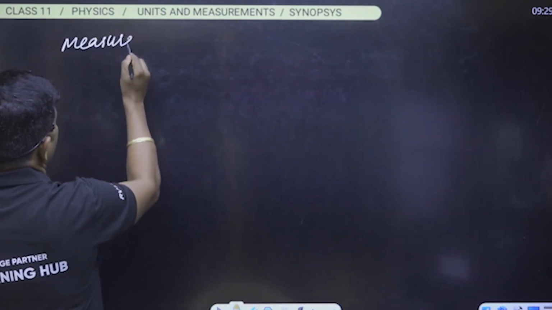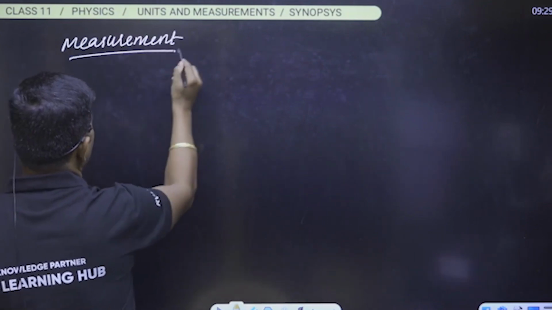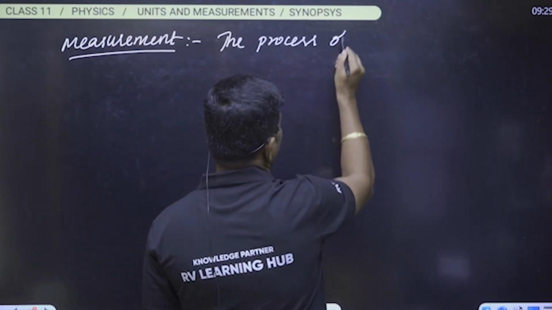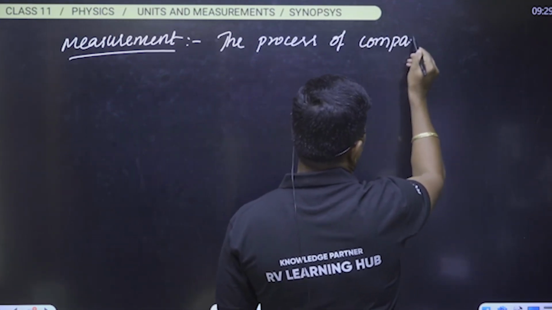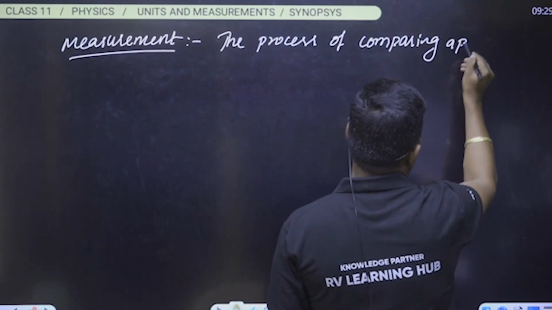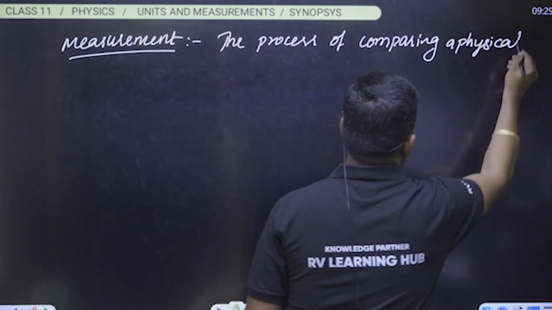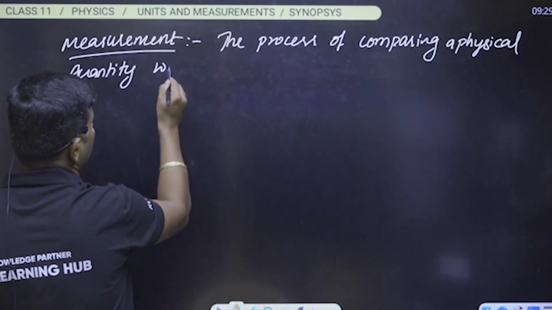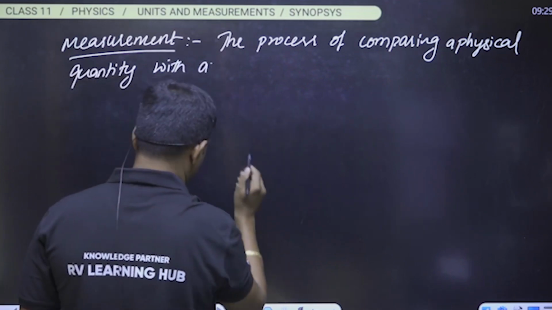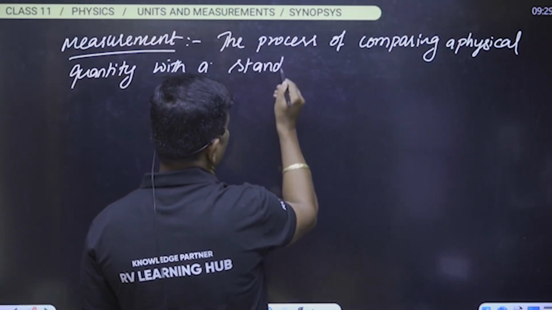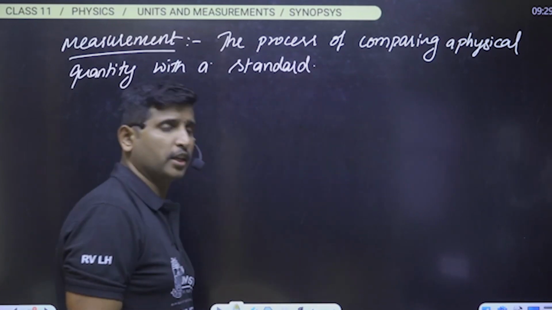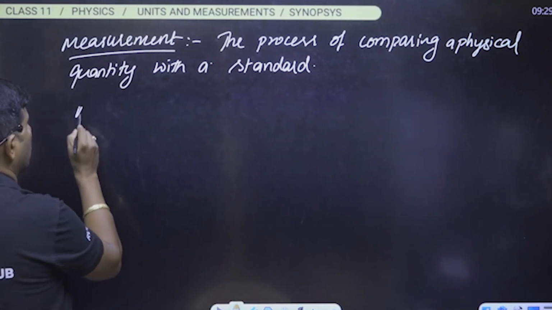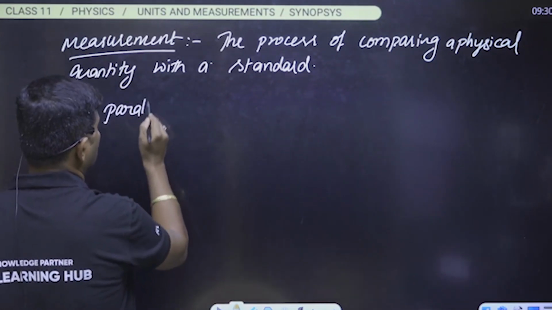What is this measurement? If we go with the measurement, we can say that the process of comparing a physical quantity with a standard, which is nothing but a unit, that is called as a measurement. So whenever we go with the measurement, we have to concentrate mainly on